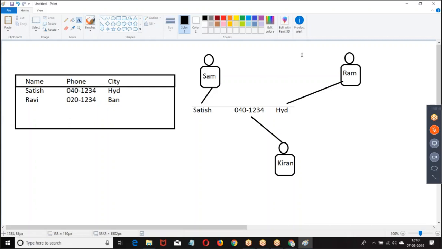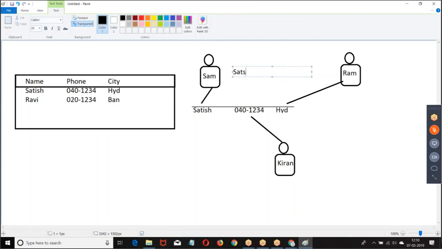But what is my requirement? If Sham opens the record, it should be Satish. If Ram opens, it should be Satish. If Kiran opens, it should be Satish.